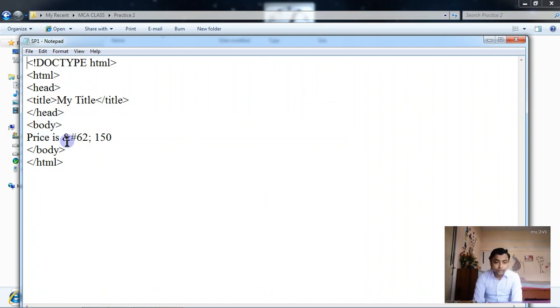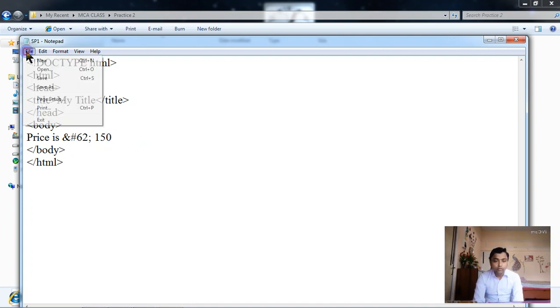So here my objective is to show the price using these symbols, less than or greater than. So I have used these codes and I have given a number 150.